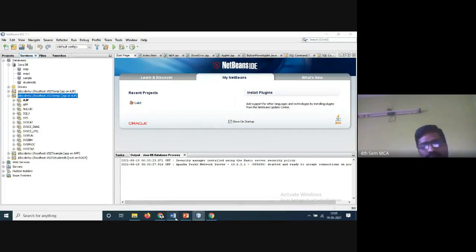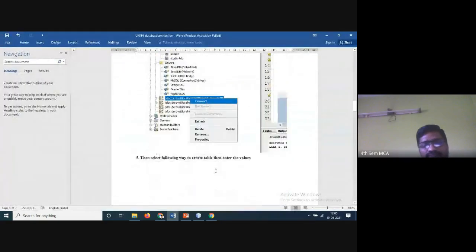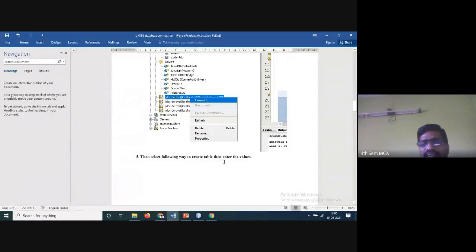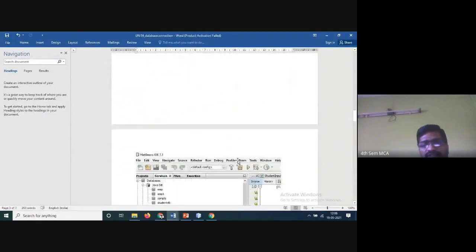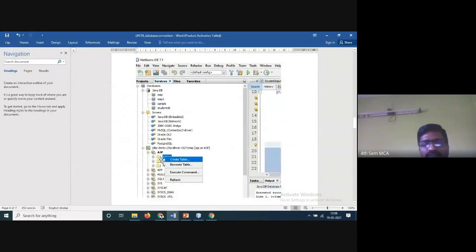Now go to this, connect. Now select the way of creating the table, then enter the values. So how to select this? Now you have the AJP table. Here you have to create the table. Now Derby localhost, port number, EMP, AJP, AJP is there. Under this you have the tables. You have to create the table. Now move here.